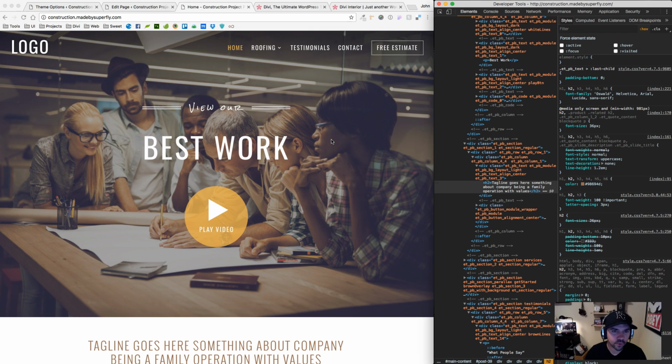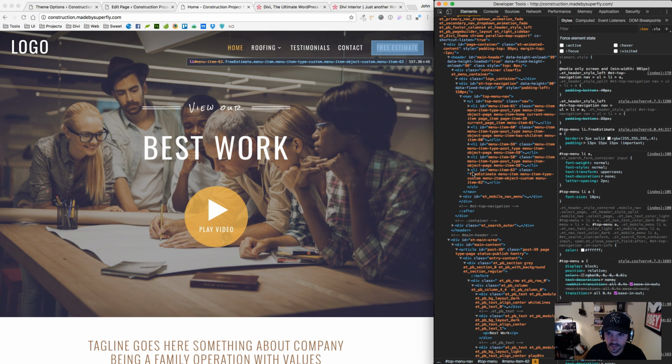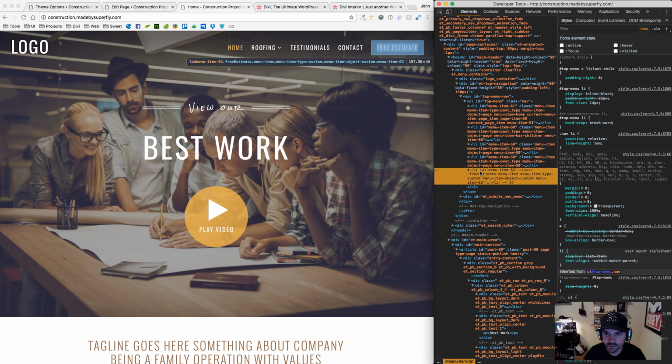Okay, let me look real quick and see what else. For example, this last button here is getting highlighted, and if you want to know how that's happening, you can just right-click that, inspect, and it's giving us the A link there, and then there's LIs on top of that, and you'll see each LI has all these classes. So you can look through and see what makes this one different. And so if I select this one,